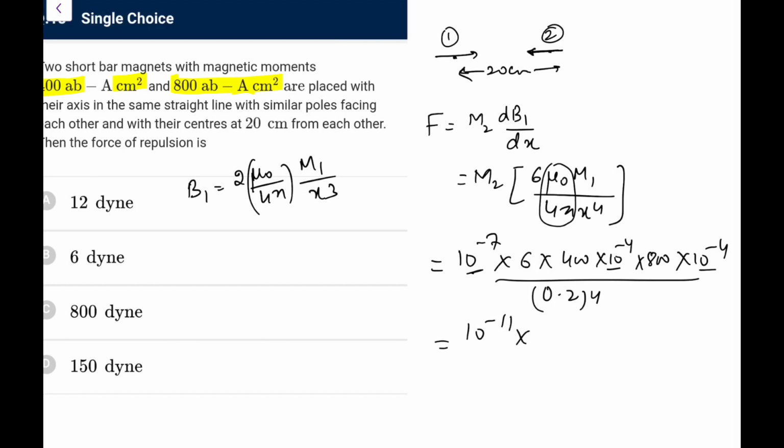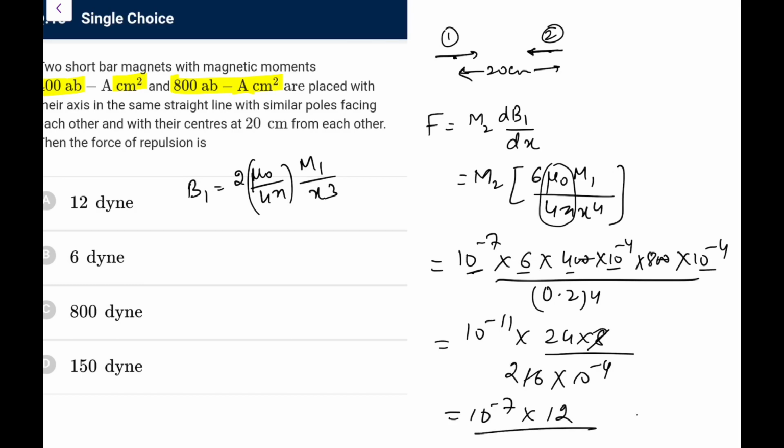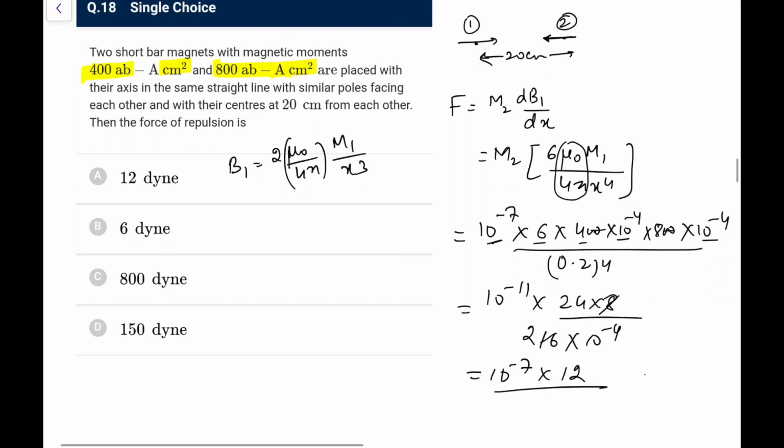And what we have, we have taken these 2 0 also out, so 6 4s is 24 into 8, and if I do this, this is 2 to the power 4, 16 into 10 to the power minus 4, so you have 10 to the power minus 7, and this would be 2, 12. 12 into 10 to the power minus 7, that we can write, and we know the relation between